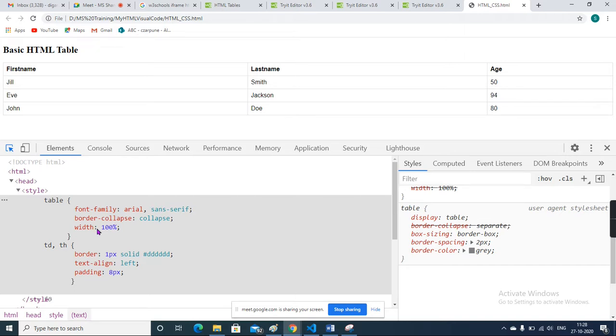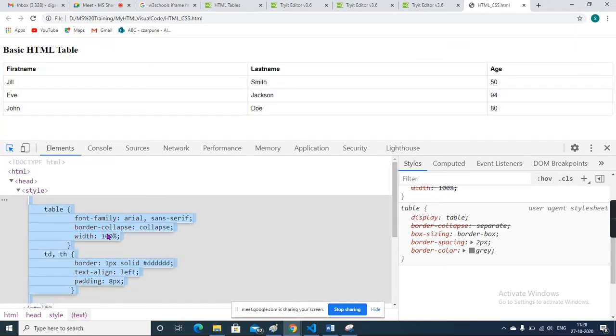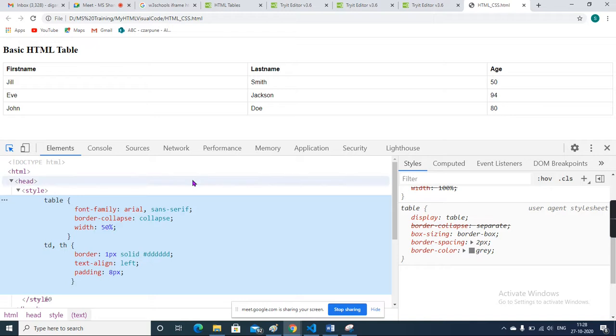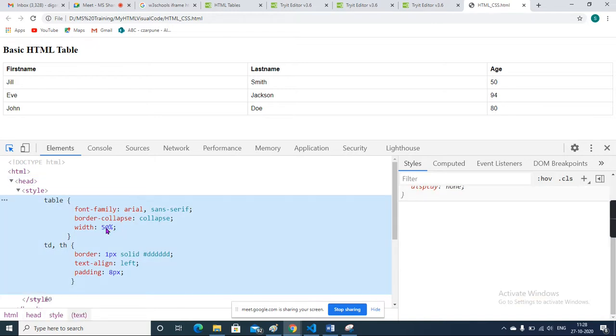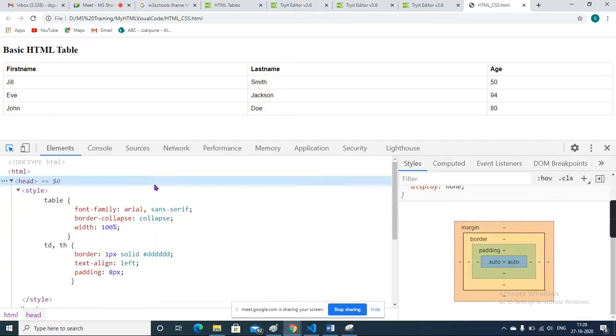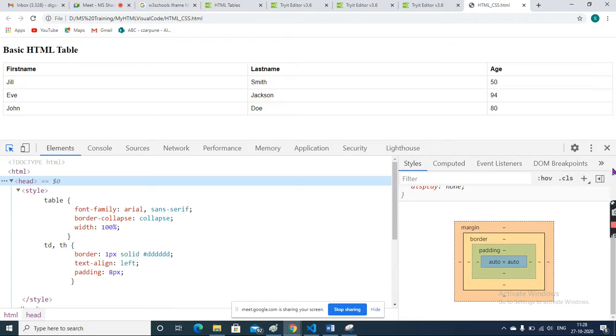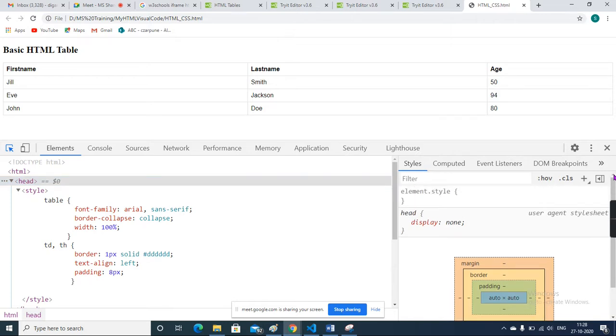Okay, then this is the width, meaning the table width. We said 100%. If you say 100%, it takes the full page size. If you say 50 pixel, see, I think it's not reflected here. When I make the changes in the page, then it will reflect on the page, because I'm editing it in a developer tool. Okay, or just let me check. I can apply the width from here.